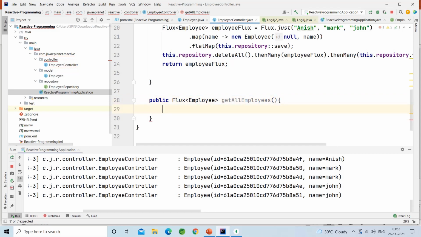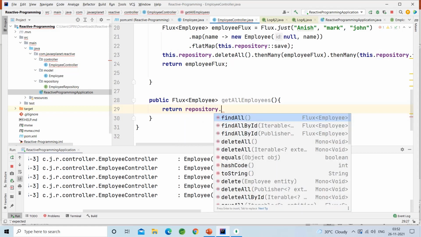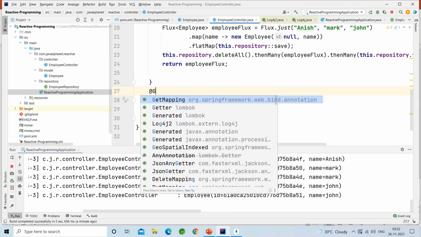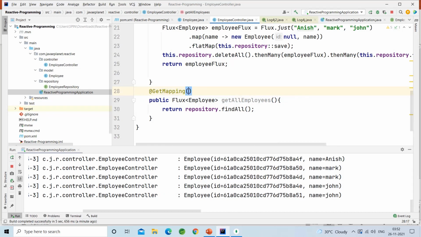That takes nothing but returns repository.findAll. I want to make this @GetMapping, all employees.